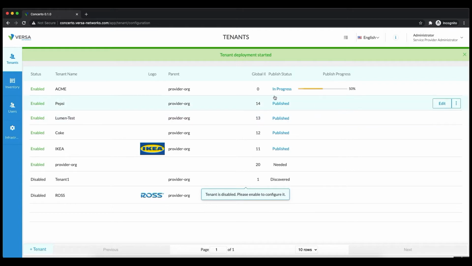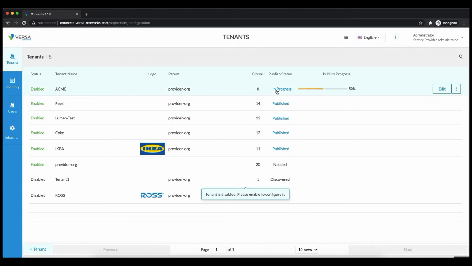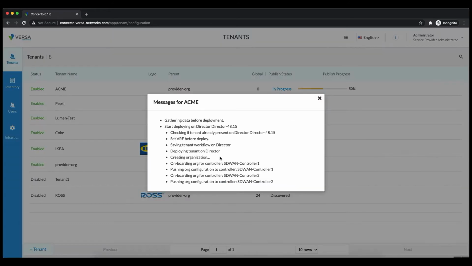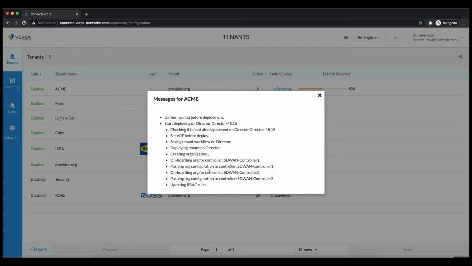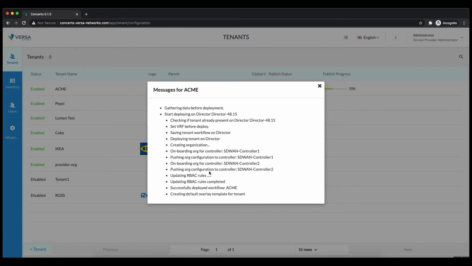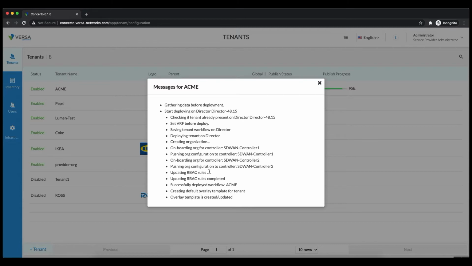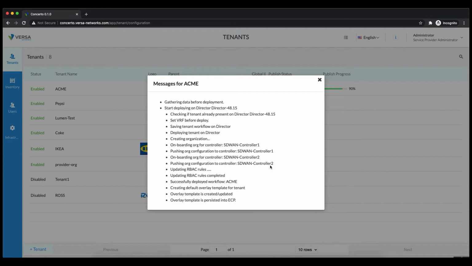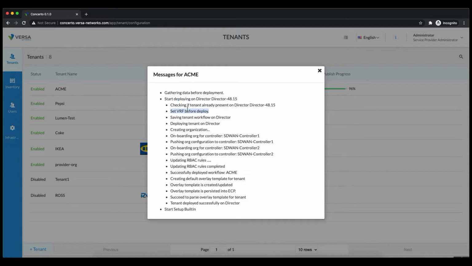and as you can see here, the new tenant is being provisioned, and it's being pushed to the Versa Director and the controllers. As and when the Director is provisioning the new tenant on the DCA complex, we get the feedback from the Director, and using the Kafka messages, the Concerto learns those, reads those, and then updates its status. And as you can see here, these are the running messages that are coming from this particular Versa Director,